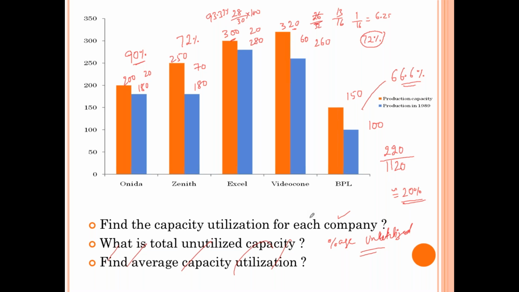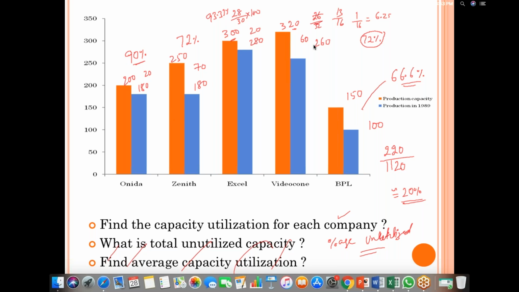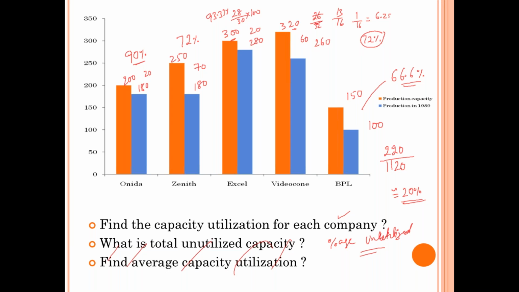It is 100 divided by 150. Aditya, the last one is very easy, right? 100 divided by 150, 66.6. For Videocon, it is coming to around 82. Let me just check it, 13 into 6. Sorry, wrong multiplication. This was right. So 1 by 16 is 6.25, into 13, so this is 78 plus 4. So it should be 82. Yes, definitely Videocon is 82.